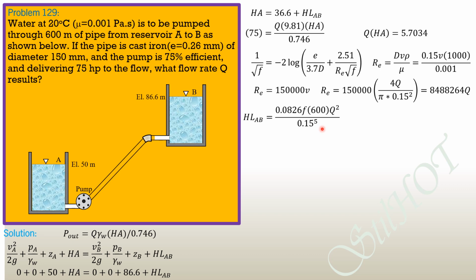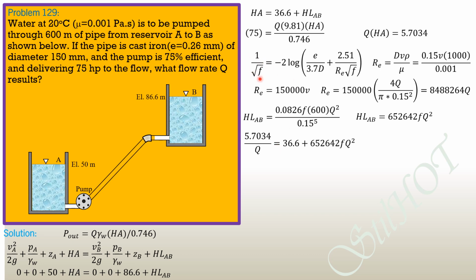So that head loss from A to B is equal to 65264 F Q square. So in this equation, we should set a value of F so that we can compute Q. Head added is 5.7034 divided by Q. So 5.7034 over Q equals 36.6 plus head loss, which is 65264 F Q square. So if we set a value of F, then we can compute Q, and we make sure that